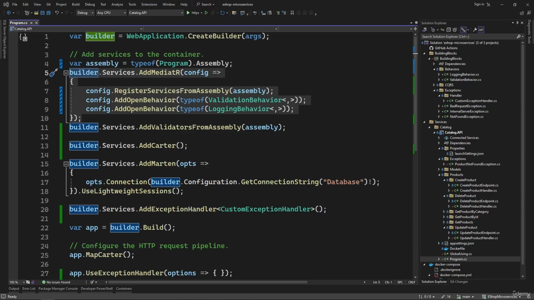In this video, we are going to test logging behavior for all MediatR requests on CatalogAPI microservices. That means we will see how our newly implemented logging behavior works in action. First of all, we will clean up our code by removing manual loggings from all MediatR handlers in our